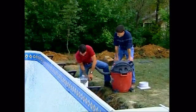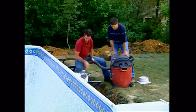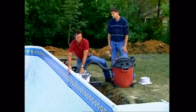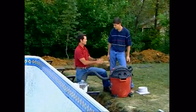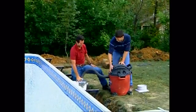You can see that I've sealed off the top of the skimmer here. We've run our hose through the skimmer, and our access point is through the opening of the skimmer down underneath the vinyl. What we're going to do is turn on this vacuum and suck all the air out from below the vinyl. This part's really difficult, but that red button right there starts everything. Okay. Now